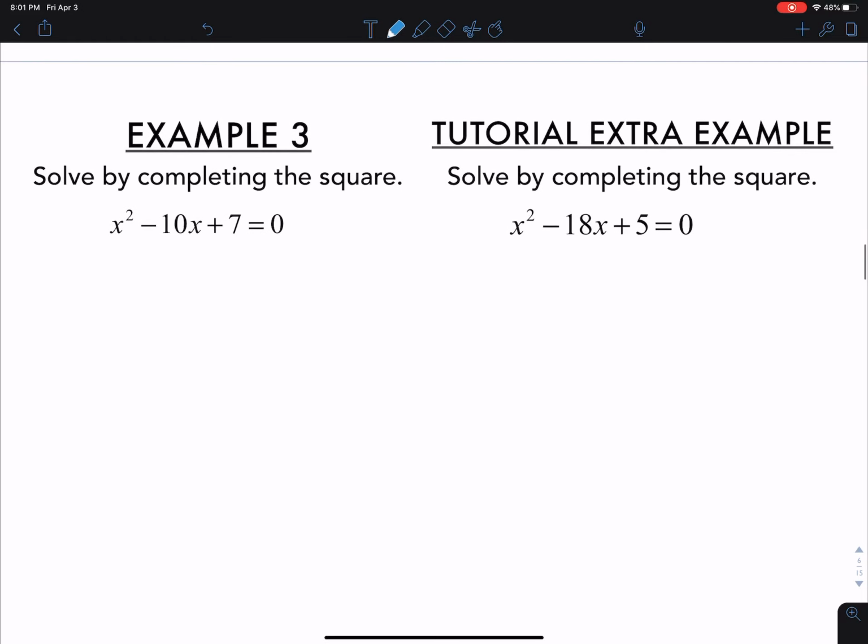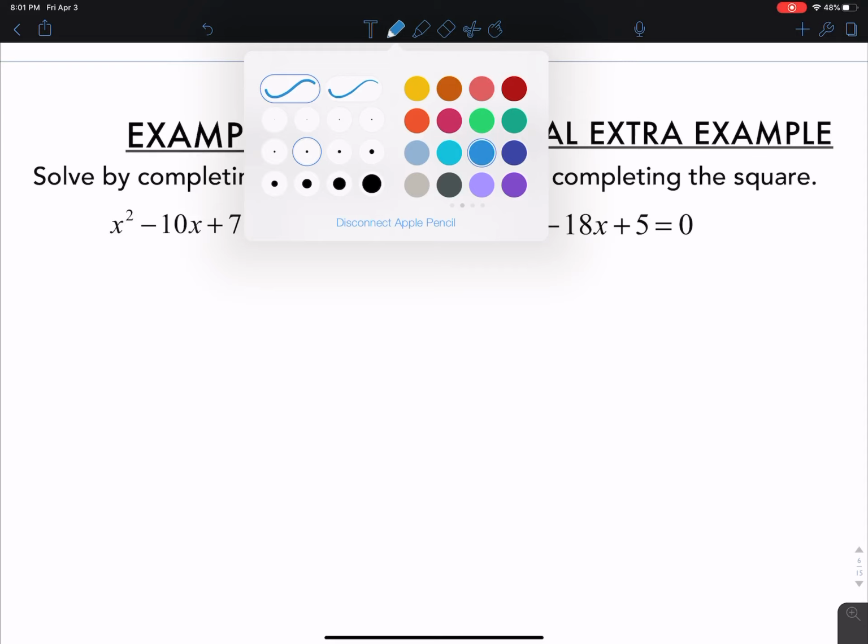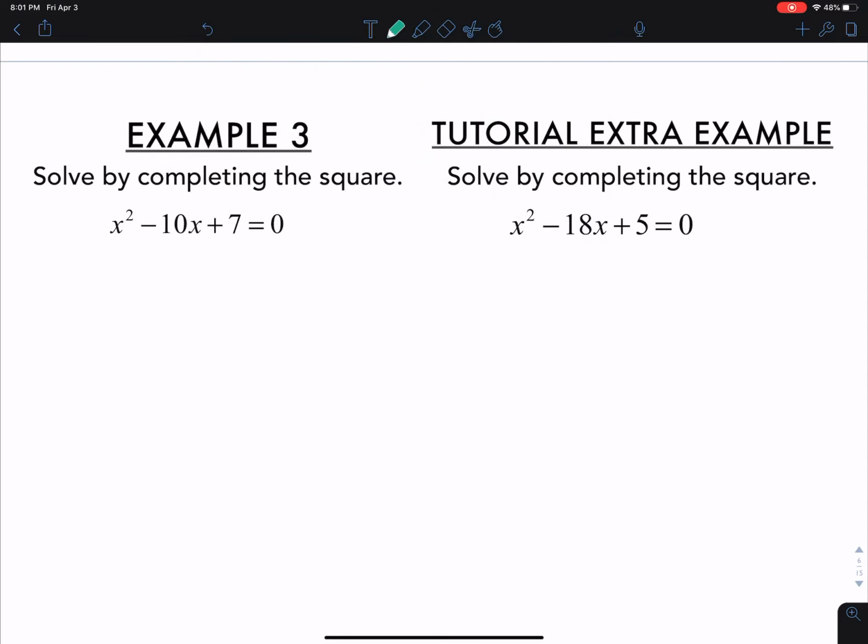Okay, the last process then from this section is actually completing the square if you're not set up. So if we look at the left side here, we don't have a perfect square trinomial, but since we have an equation, we can make it into a perfect square trinomial. The first thing that we have to do is group our variable terms on one side and our constant on the other. So we take that 7 over to the other side, which would give us x squared minus 10x,